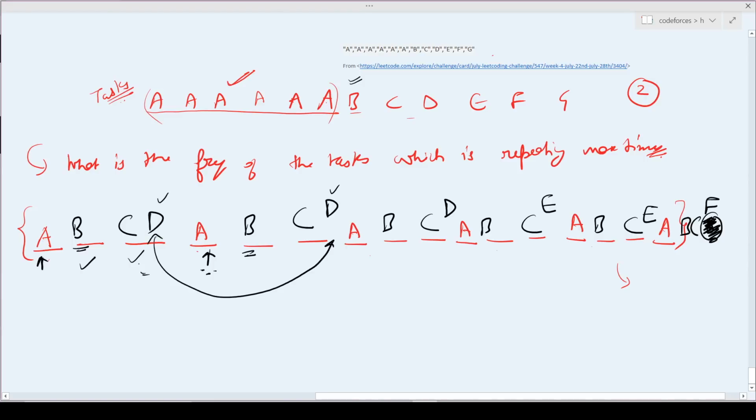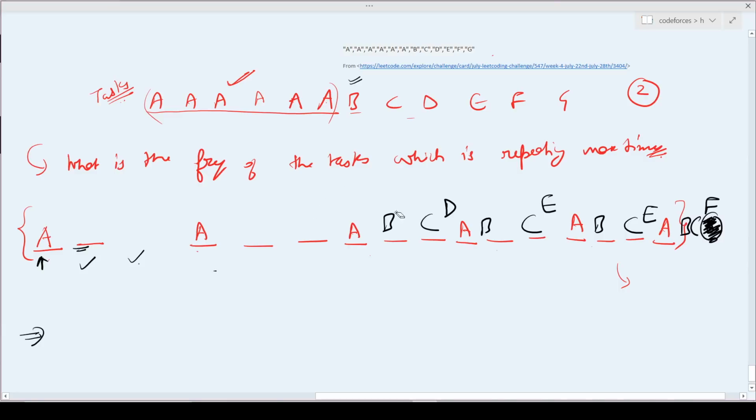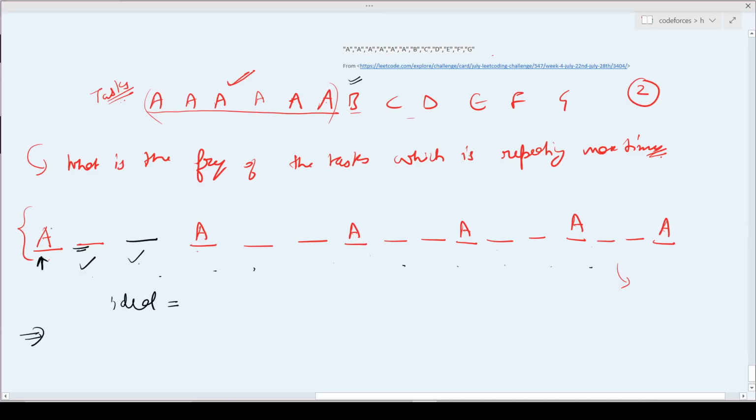Now, okay, that was the approach and solution, but how do we implement it? Let us track back what we did from the start. Let me erase this for better tracking. First of all, we made these idles, right? How many idles did we make? What is the frequency of A? A means the letter which appeared the maximum times. So A appeared 6 times, so the frequency of A will be 6, right?